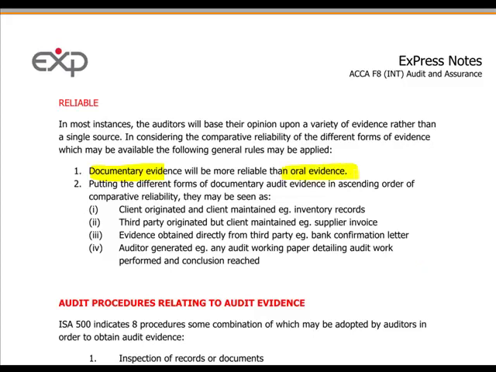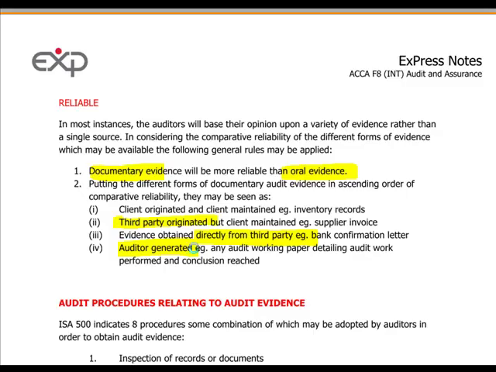Or you can say that evidence that is client originated might be less reliable than evidence originated by third parties, for example bank statements or supplier invoices. A bank statement can also be obtained directly from the third party by the auditor, and then that's more reliable. What is the most reliable evidence, however, is what the auditor himself generates, right? So that is something that we know has no bias.